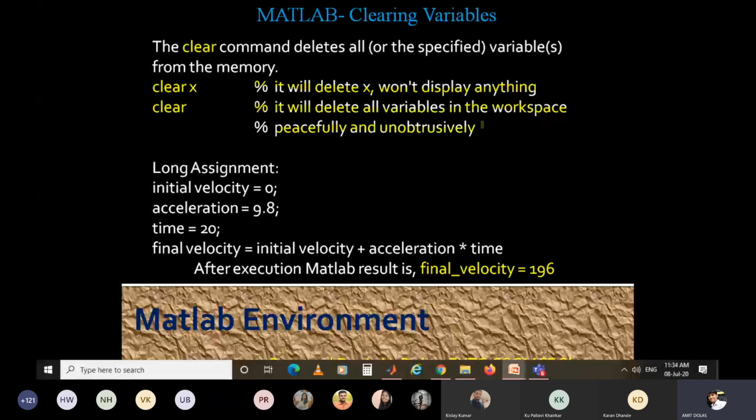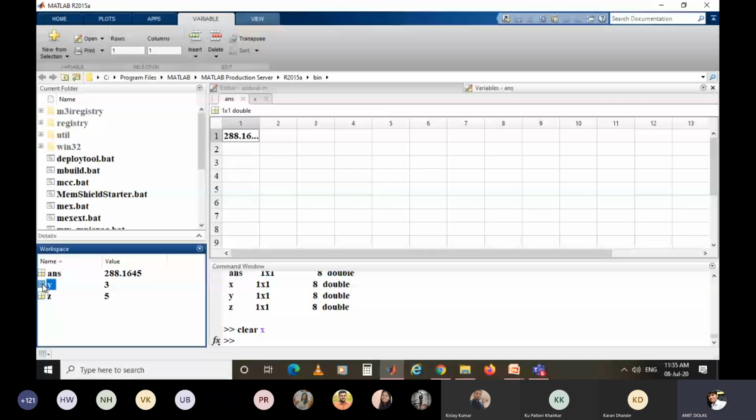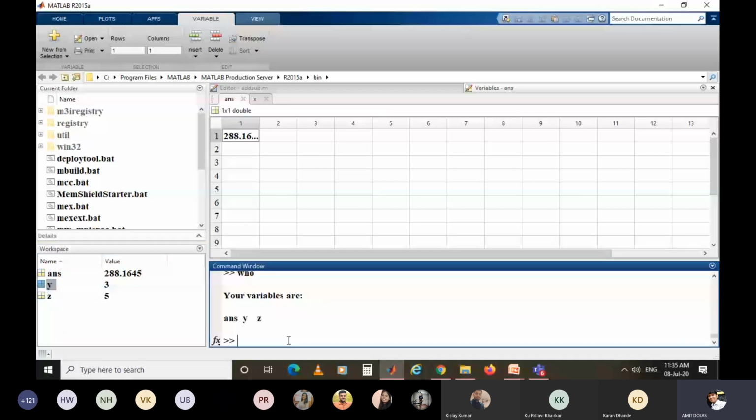peacefully and unobstructively. So here what I will do, again we'll do this practice. I'll write clear x. So you can see from the workspace x is cleared. Now there is no x in the library. If I use the who command, you can see the answer y and z. There is no x.